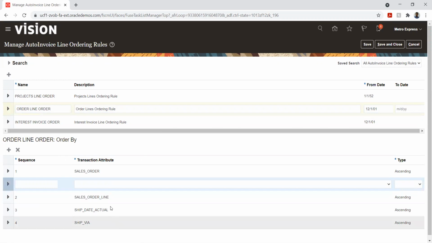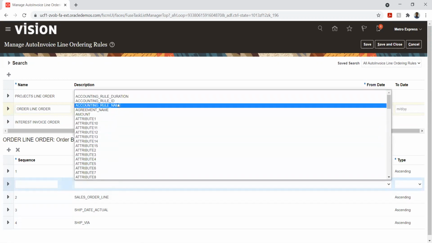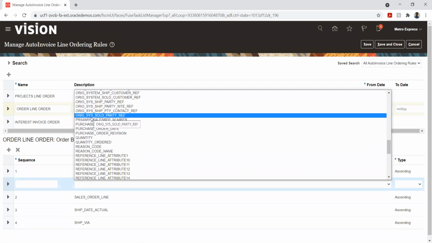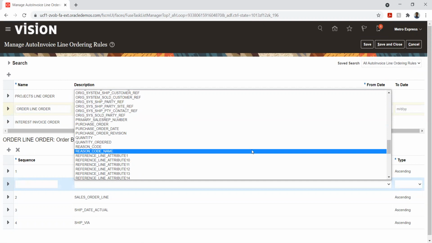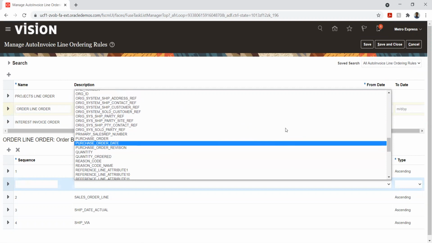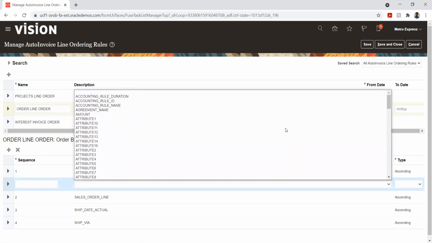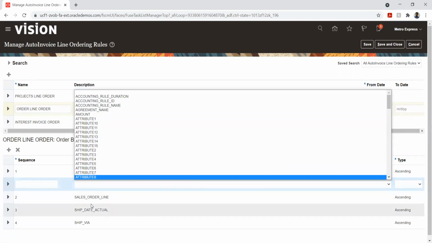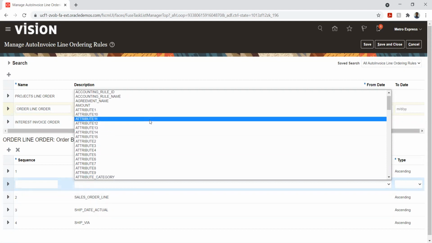And apart from that, we have other options also. There are a lot of options that we can use, so the customer and the quantity and the purchase order. If it is a back-to-back order, we will have this purchase order also in place. So for those cases, we can use purchase order. What are the basic ones that we normally need? These three are standard ones. Based on this, we can convert the sales order into